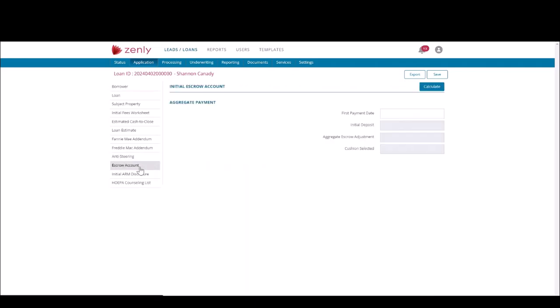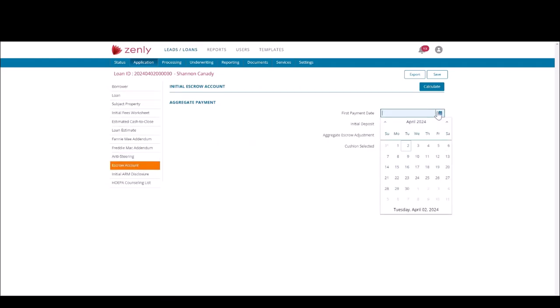And then the escrow account, this is where you're going to be calculating your aggregate payment or your aggregate adjustment. Okay. So of course we do need a first payment date to calculate our aggregate adjustment. So let me just select one. Okay. And then if I hit calculate,